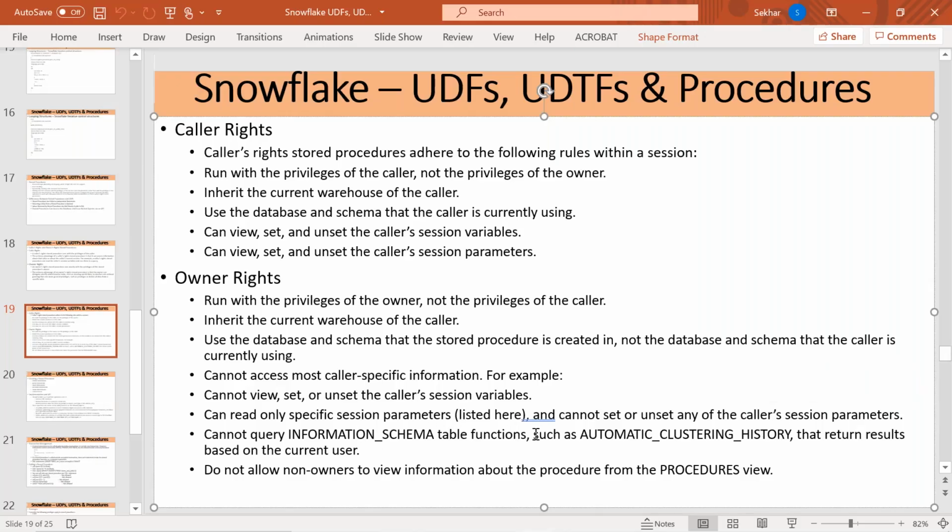It cannot query information schema table functions such as automatic clustering history that return results based on the current user. So some of the information schema functions are based on the current user, and when you use that in your procedure, if you create a procedure with owner rights, then it will fail because that particular metadata query only runs as part of a user. Okay,